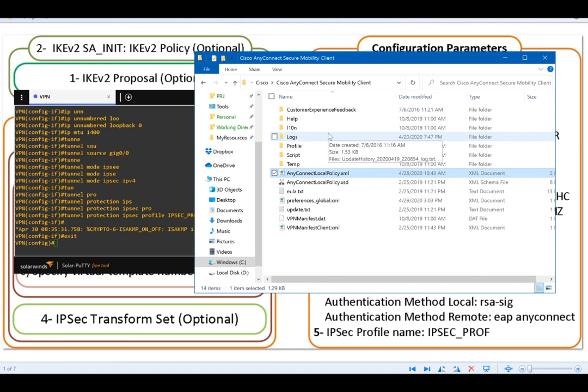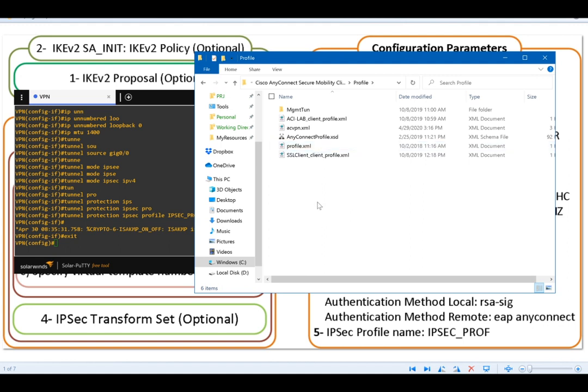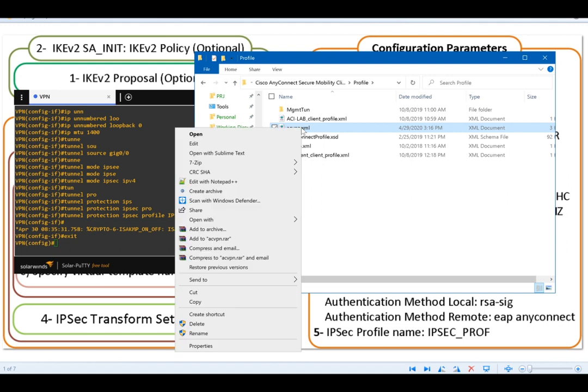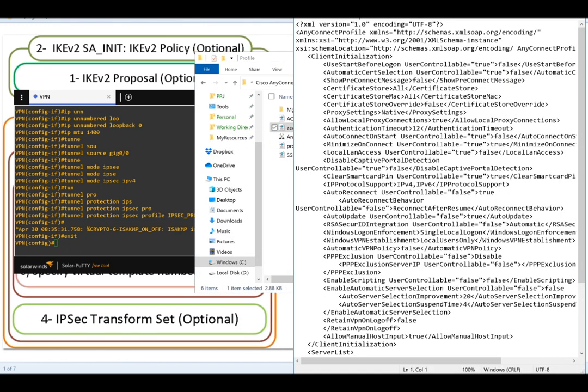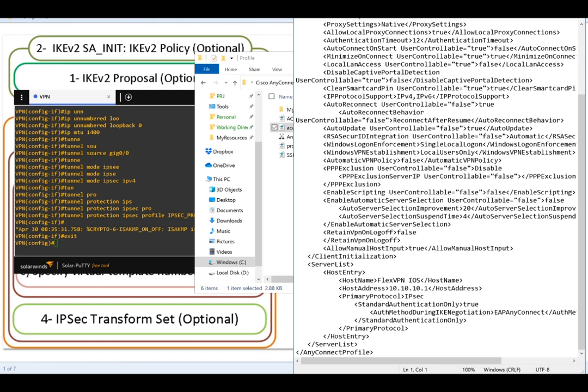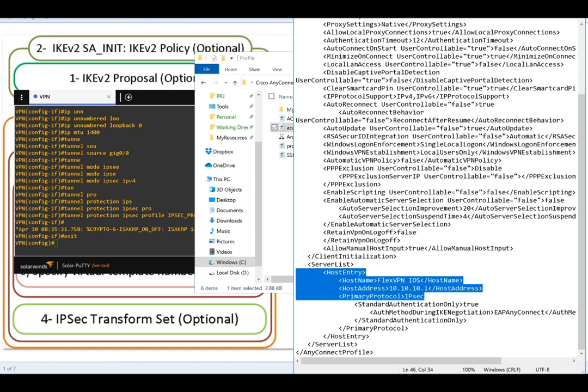Then by default, the AnyConnect client tries to connect to the gateway using SSL and will not attempt to establish a tunnel using IKEv2 IPsec. To change this, we have to create a profile with the name of acvpn.xml, which is located under this path, as you can see here. I prepared a sample acvpn XML file and will provide you the link to download it. If you have that file, you need to edit the file, and under the host entry part of this XML file,